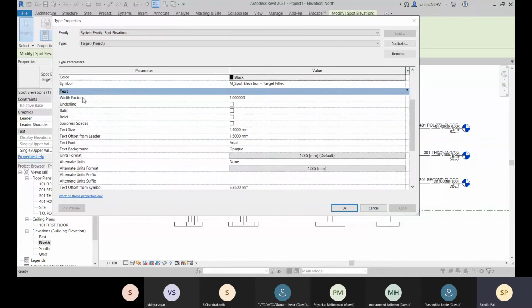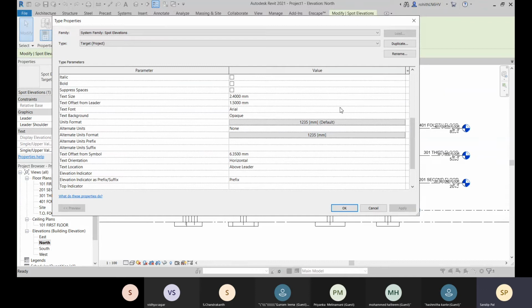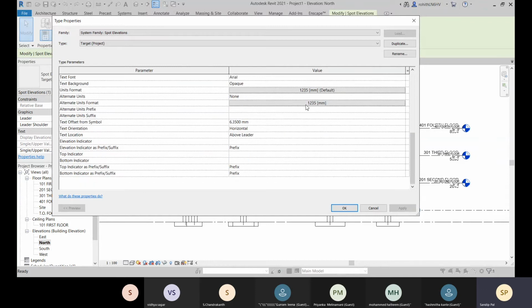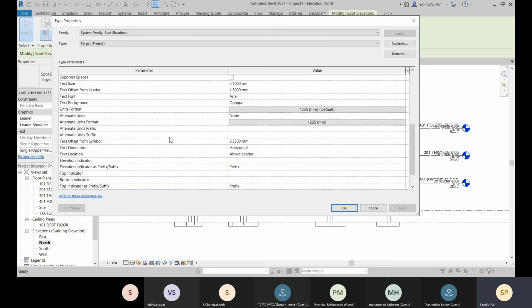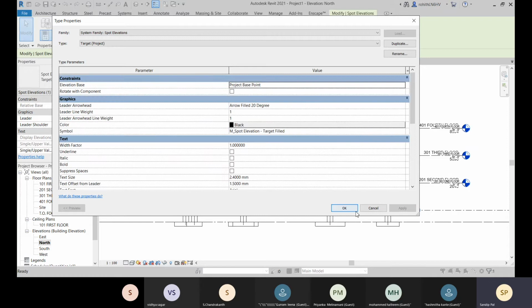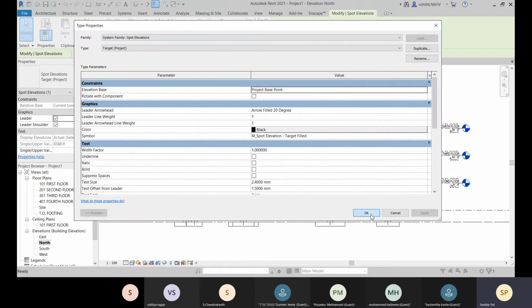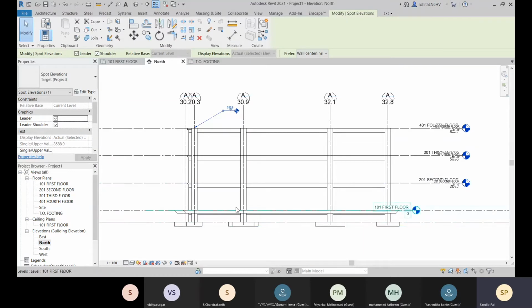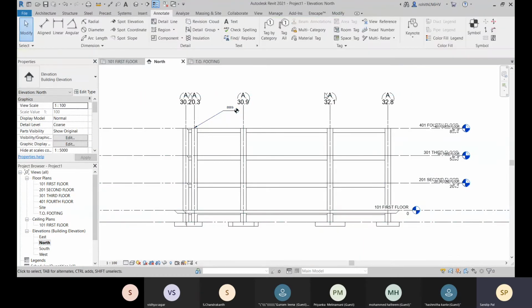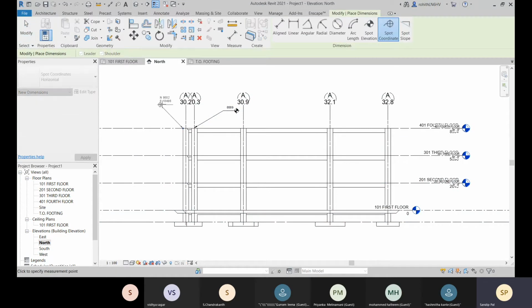And about this text, you already know how you can change it and what these are. So there you can add units and everything. So for this also you have this dimension style, and for this spot coordinate also you have this one.